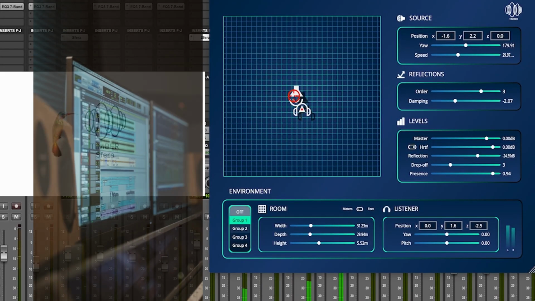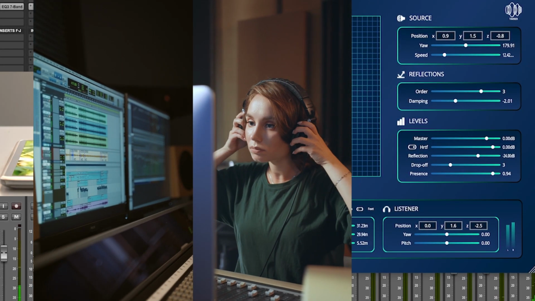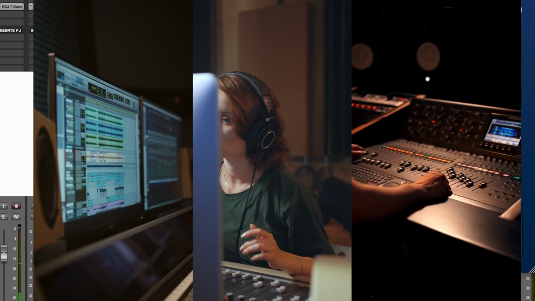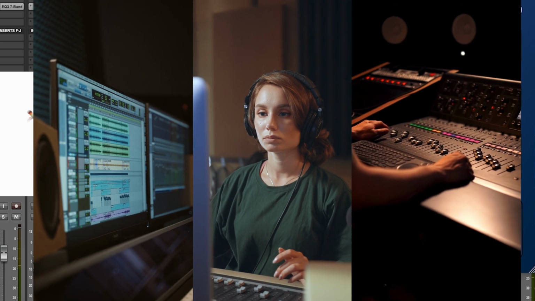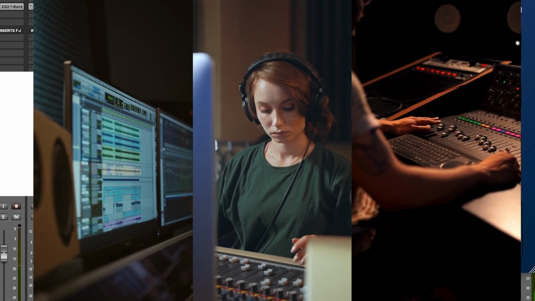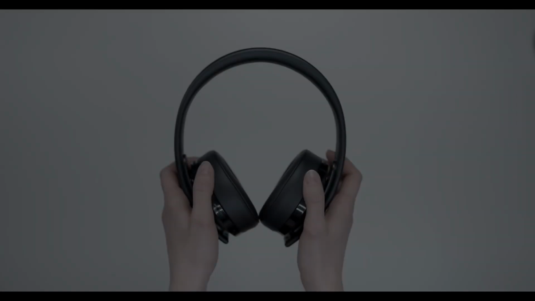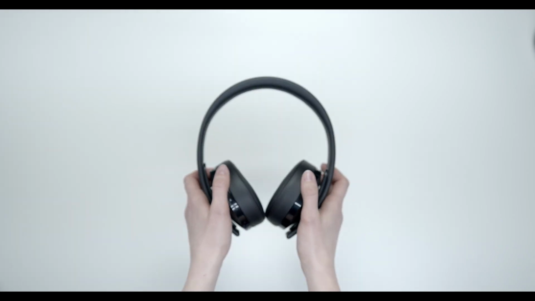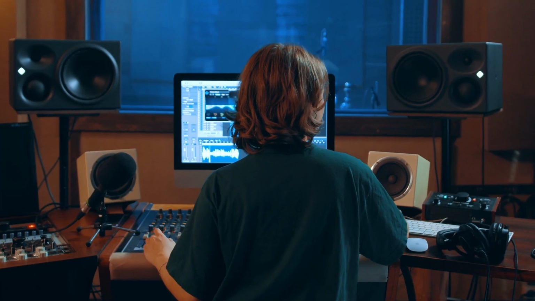Remember, Sfera 3D audio is always applied after the initial mix of a project. The reason being is that you need to match your 3D audio levels and reverbs to match the rest of the project. Sfera delivers its best results on headphones, but thanks to our proprietary technology, it sounds great on speakers